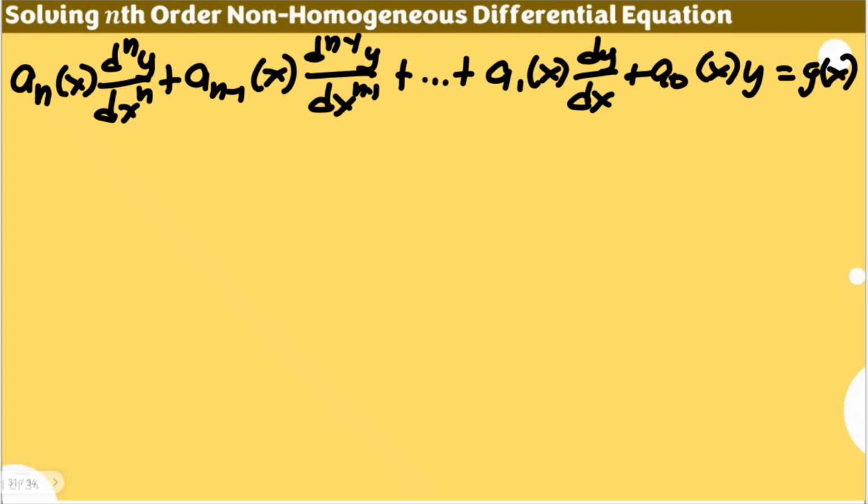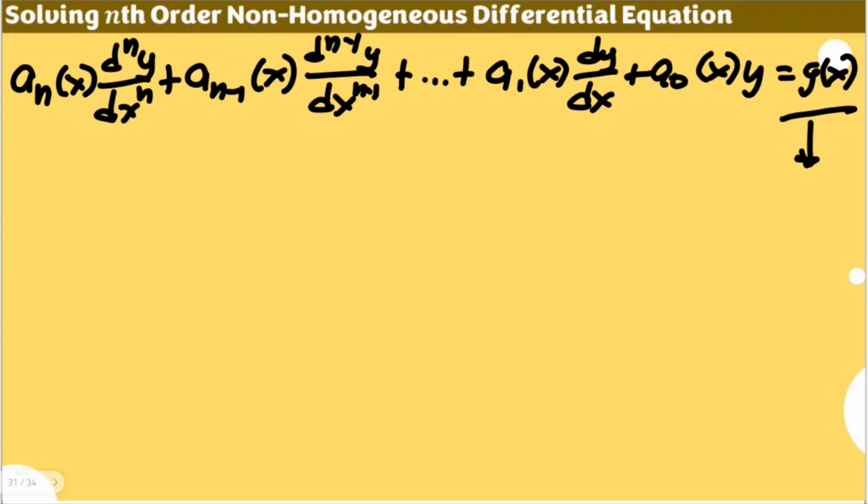In this case, for it to be non-homogeneous, g of x can stand as any function of x, okay? As long as it has variables or even a constant, as long as it uses a variable of x alone. Now, for homogeneous differential equations, we talk about the idea of differential operator, auxiliary equations, and we have 4 different ways of writing a solution depending on the roots of the auxiliary equation.